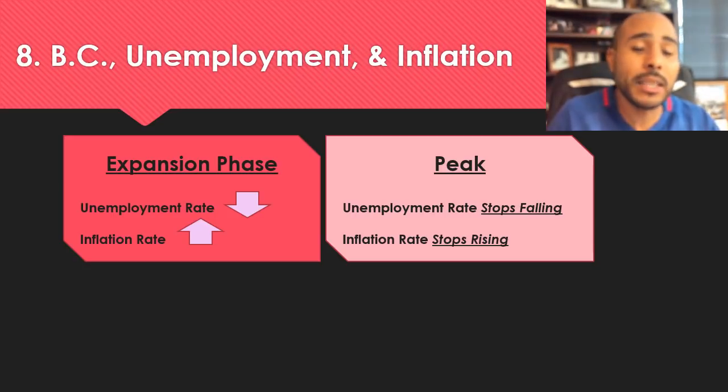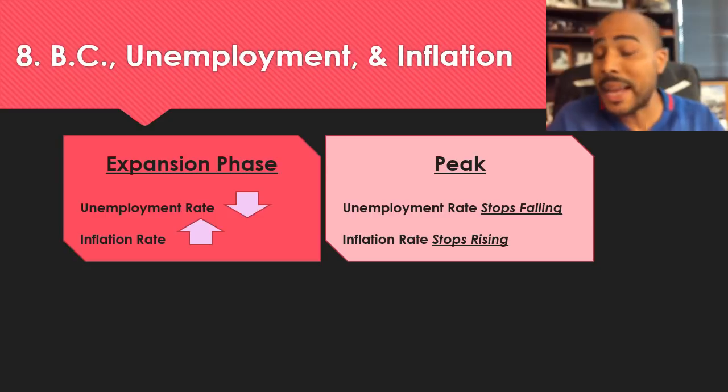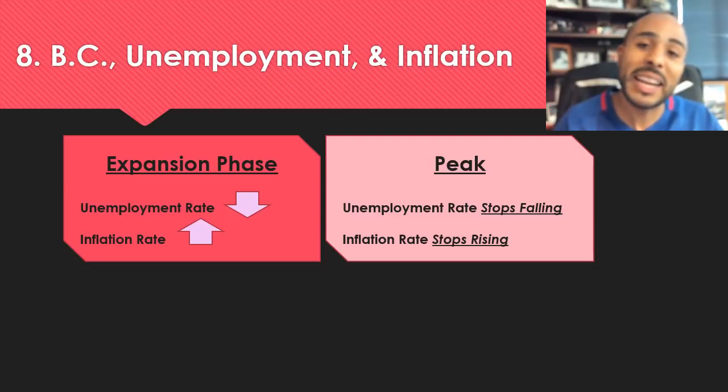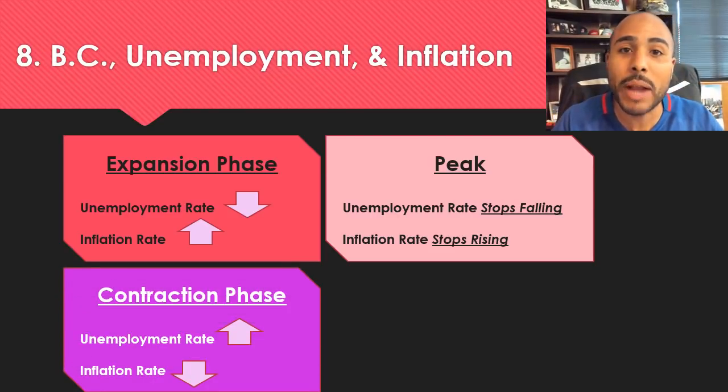The peak is the highest that the business cycle will go. That's when our GDP stops rising. And as the GDP stops rising, that means our unemployment rate stops falling, and the inflation rate stops rising. So everything kind of pauses for a moment. Of course, after the pause, we're going to start heading down in the other direction, and that's the contraction